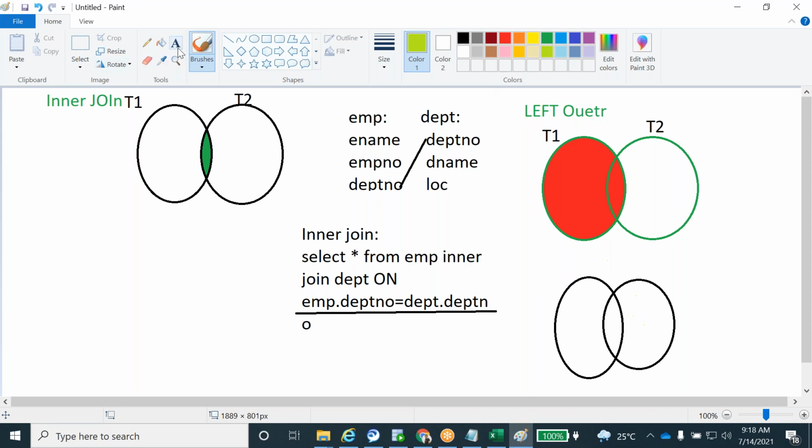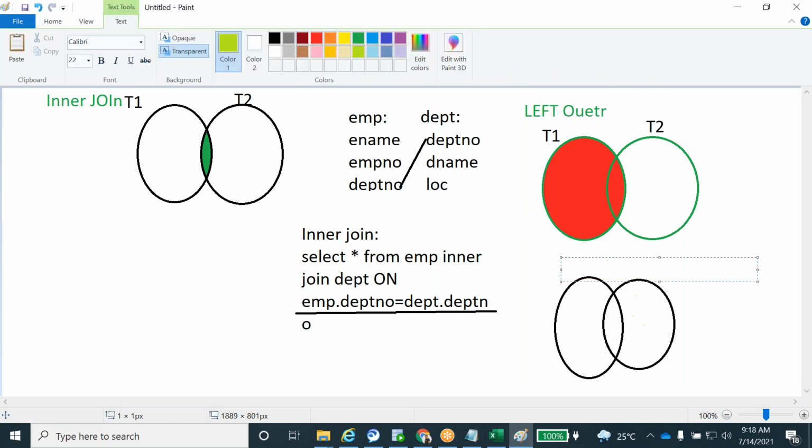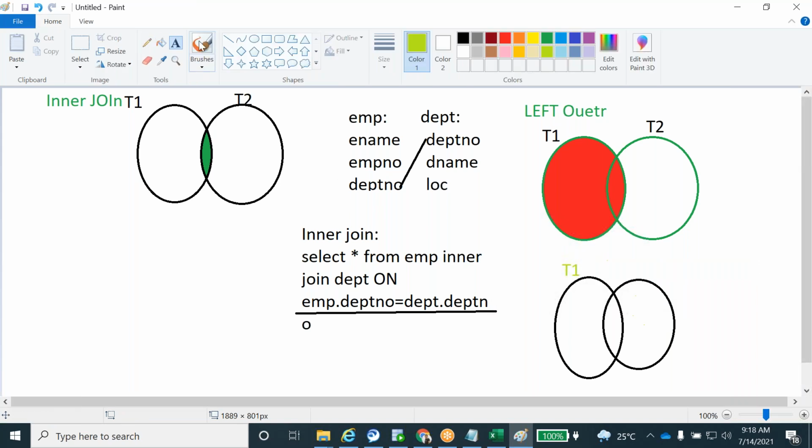It's not coming. It's coming here. This is fine. It's not selecting, guys, somehow. Okay, this is the data it will display.